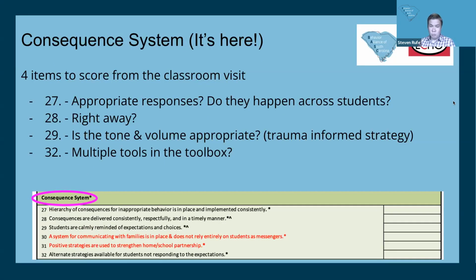The last section, which is here, remember, it's not just about prizes and posters when it comes to PBIS, is the consequence system. There's 4 items to score here during our visit. The first one, number 27, a hierarchy of consequences for inappropriate behavior is in place and implemented consistently. So here, do we see that there is a hierarchy of consequences, which for us means, do we see that